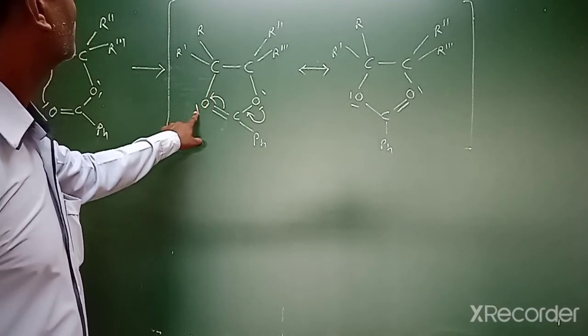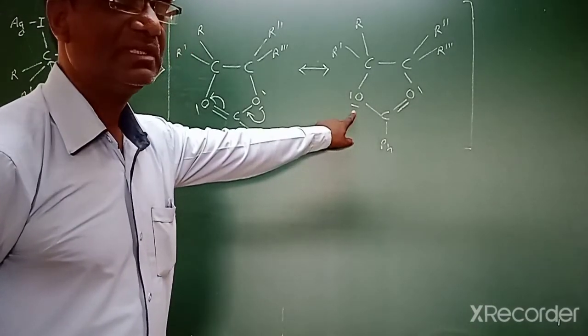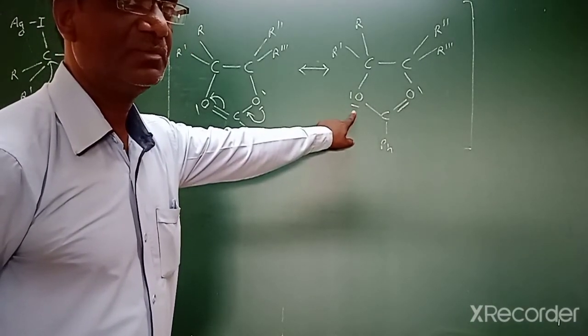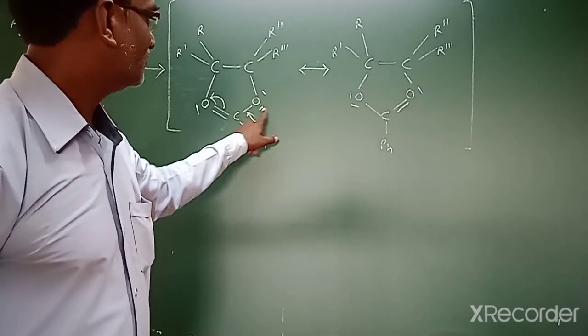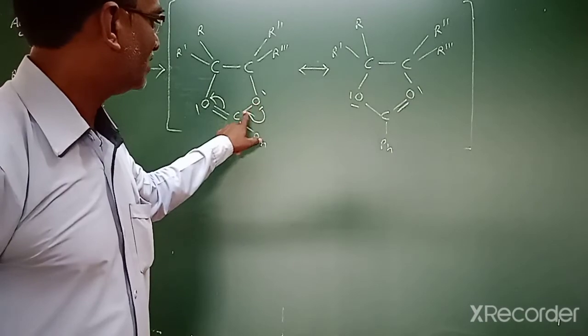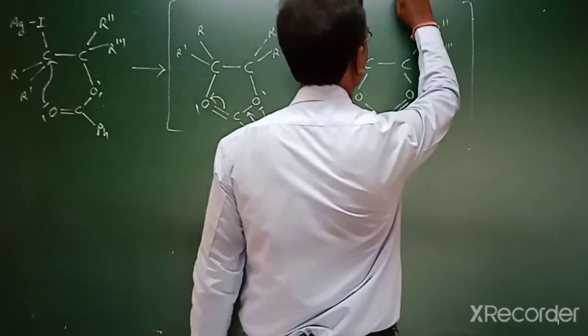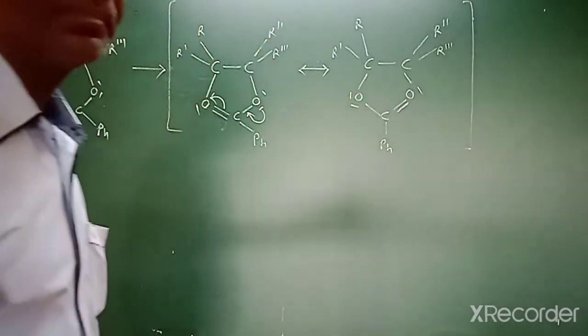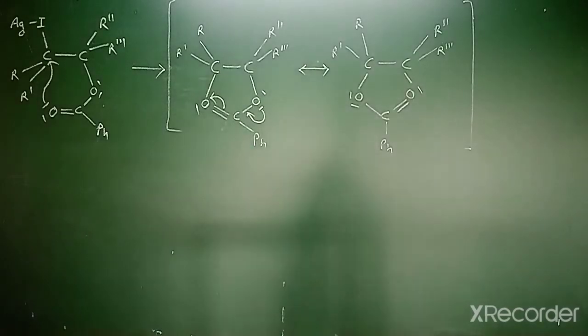It has only one pair. Now there are two pairs of electrons. One negative charge carries two electrons, one lone pair of electrons. Here two pairs were present. One of them shifted to the carbon-oxygen single bond, which gets converted into a double bond. Now here we are using this structure for the further mechanism of the reaction. The second structure is mostly preferred for the further mechanism of the reaction.